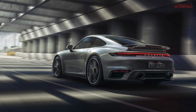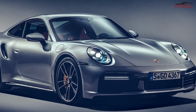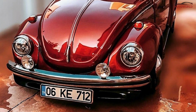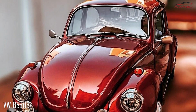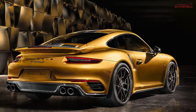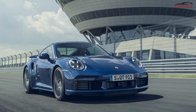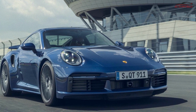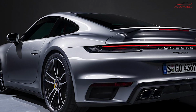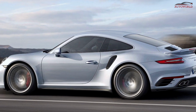Since 1964, the Porsche 911 has been one of the world's most popular and long-running sports car nameplates, revolutionizing the rear engine design concept. Its roots can be found in the first Volkswagen Beetle. The 911 has, through 7 generations in its 58-year history, each improved on the rear engine design. Currently, in its 8th iteration, the 992 generation 911 is better than ever. So let's examine the Porsche 911 Turbo lineup for 2022 and go through 10 reasons why the sports car is